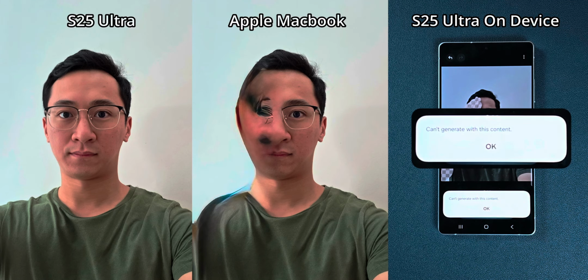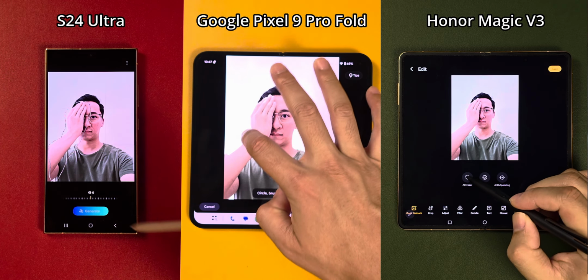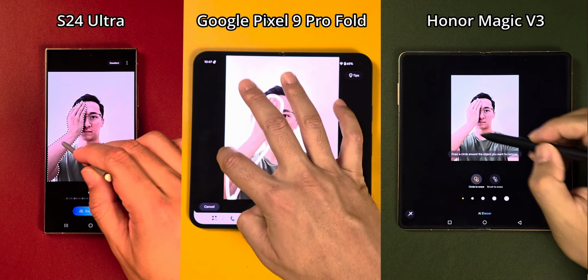The S25 Ultra genuinely looks like it could have been a normal photo I took. Again, Apple's version just looks like a bad Photoshop job. And unfortunately, the S25 Ultra's on-device processing isn't good enough to generate what it needs to fill in the gap of the missing hand. When it came to the S24 Ultra, Google, and Honor, the S24 Ultra failed again completely,